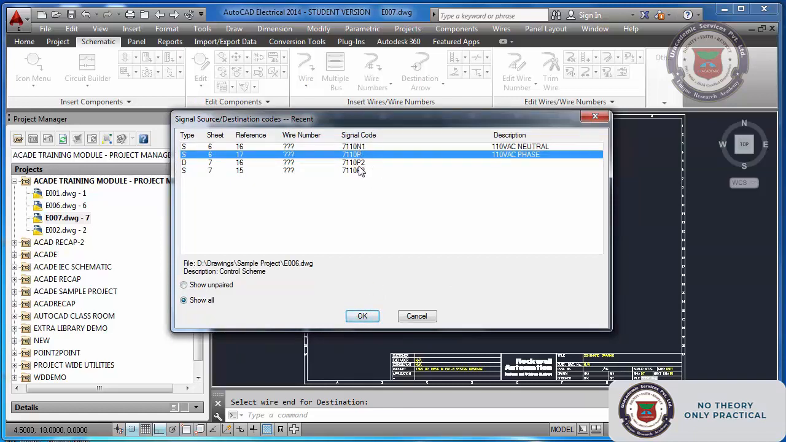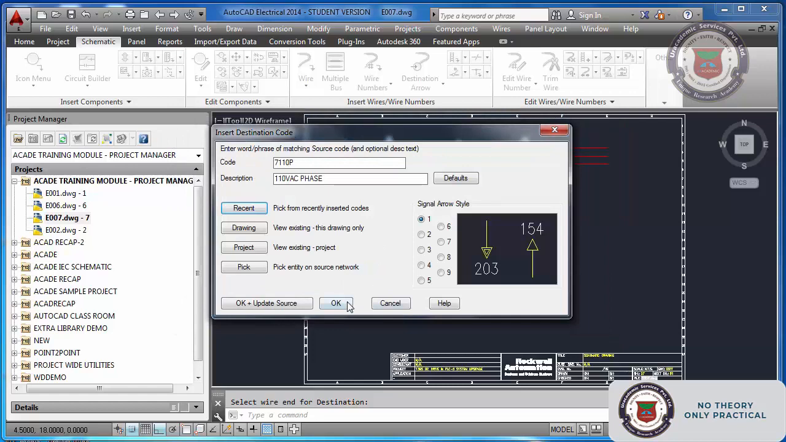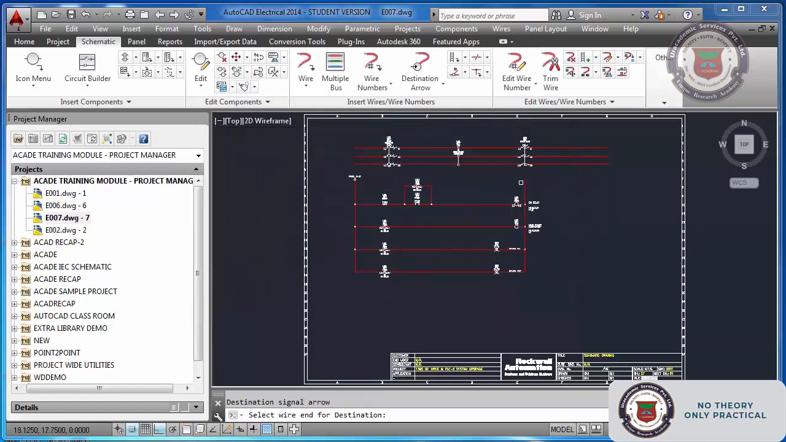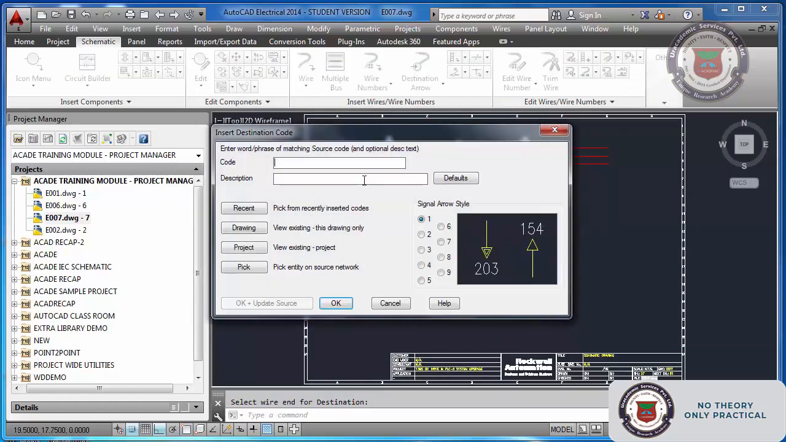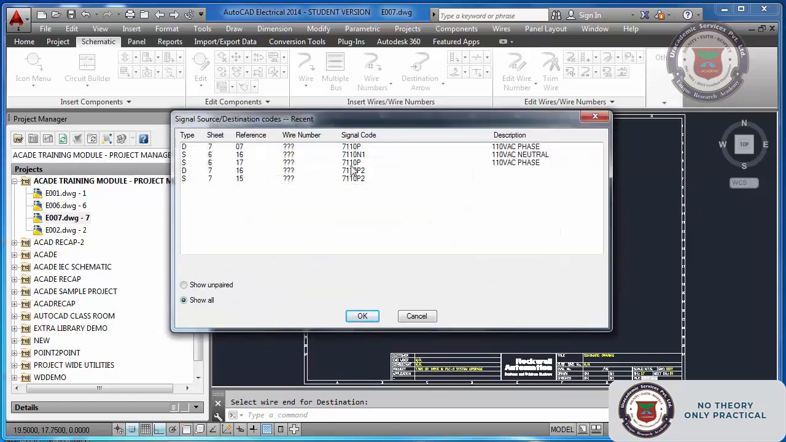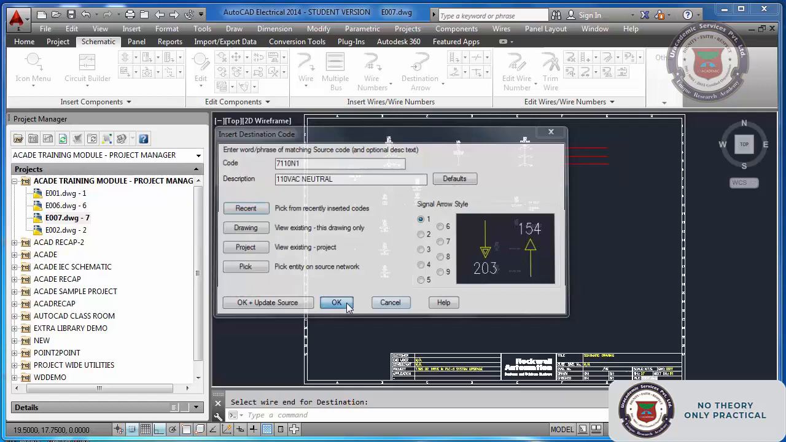Now you can see these two, we have not used any arrows in this sheet, but it is still lying. These are some blocks. Basically these are blocks, they are lying here. Once we purge this, it will go off. Okay, okay. Now again here, recent, sheet number 6 I have used N1. Okay,